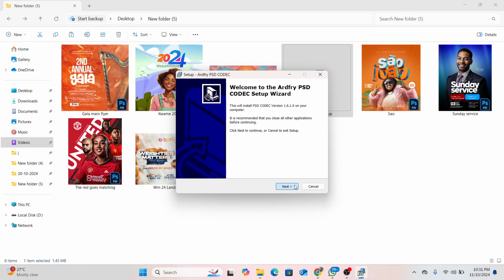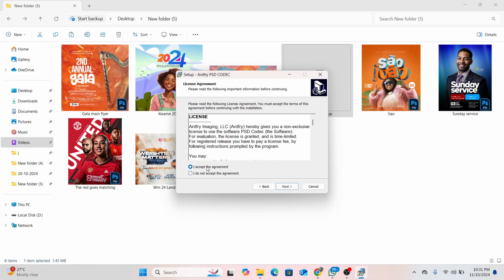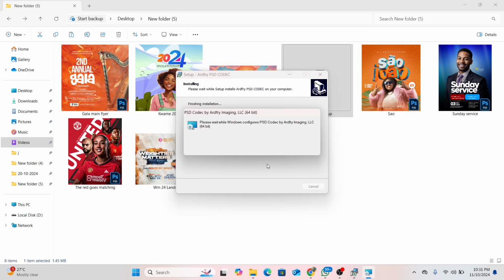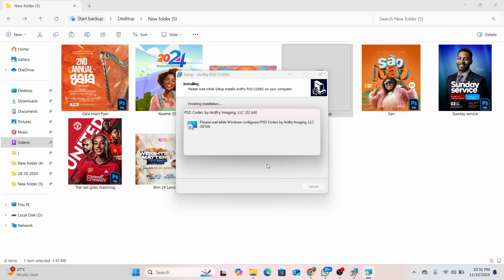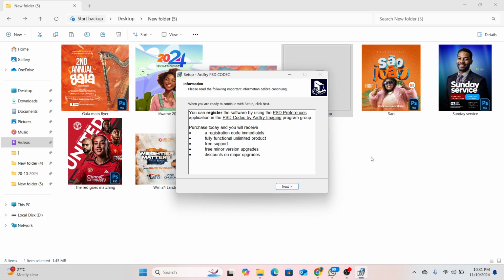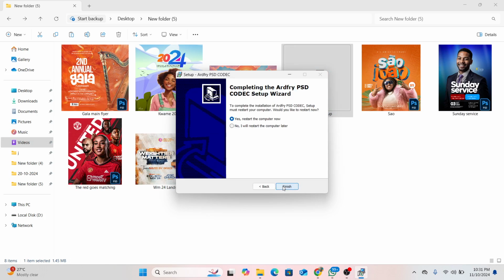So I'm just going to choose next, and then we're going to accept the agreement, and then we're going to click on next. So now immediately you click on next, it's going to install for you. So let's just install it. I've installed it already, but for the sake of this tutorial, let me just reinstall it again. So it's just going to install, and then it's going to give you some details, and then